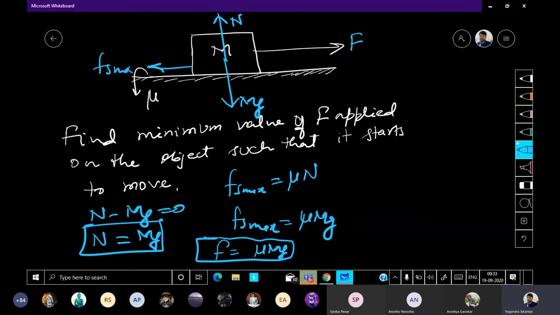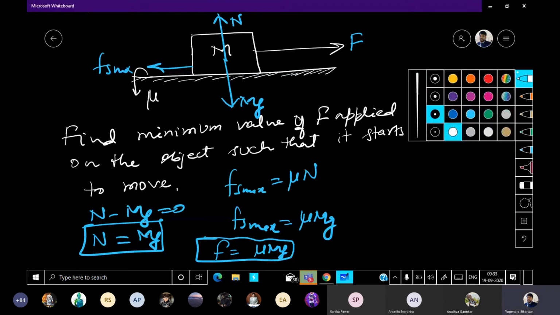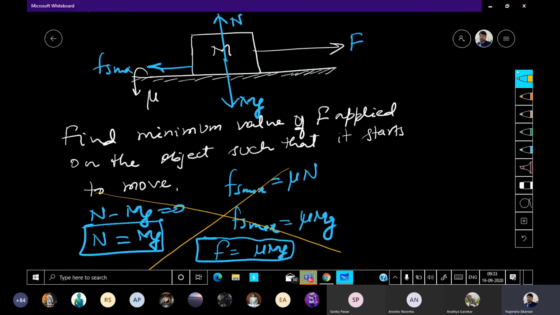So let me change the whole thing. I'm using orange color to explain the whole thing. This part is wrong. Okay. Now listen carefully. Rather than assuming that the force F is acting horizontally,